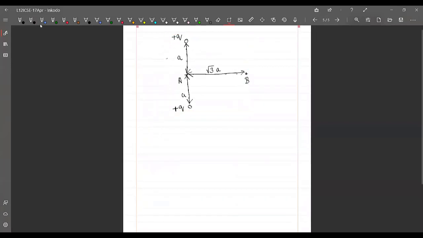So potential at point A, that will be K by A into Q plus Q. So that is 2KQ by A. And potential at point B,